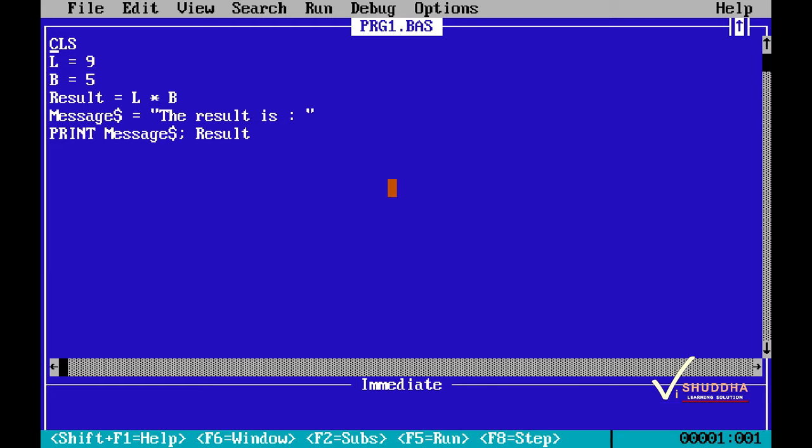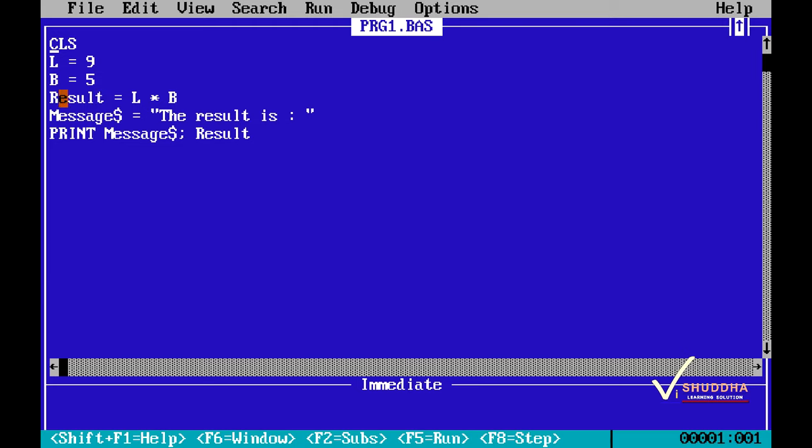You cannot start a name with digit. It should always start with an alphabet. It can never contain any special symbol or space. So these names that we give to the memory locations where we have stored some values are called as variables. There are two types of values or constants in QBasic, so there are two types of variables also. The variables which refer to numeric values are called as numeric variables, and the ones which refer to the string values are called as string variables.